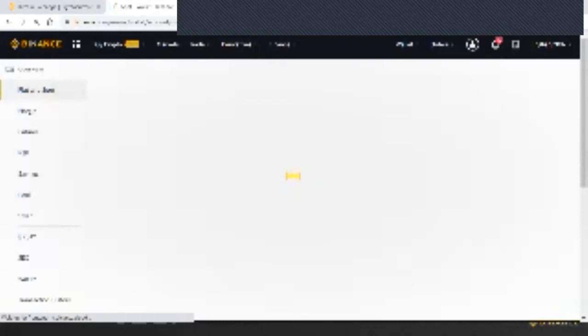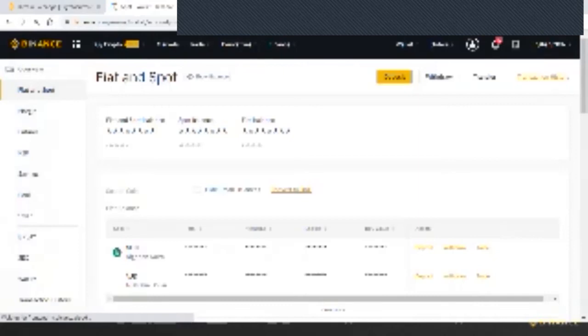And in case you have crypto assets on another platform that you want to move in, you can deposit not only naira, you can deposit other crypto assets too. So for example, if you have assets on another exchange or platform that you want to move into your Binance account.